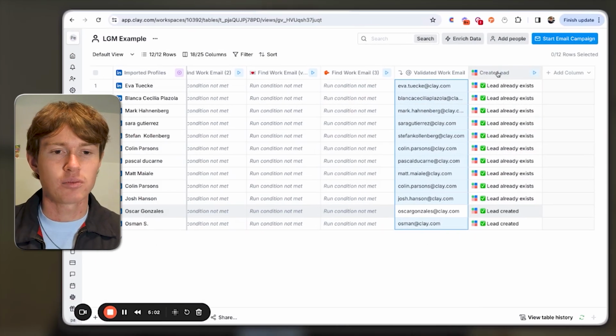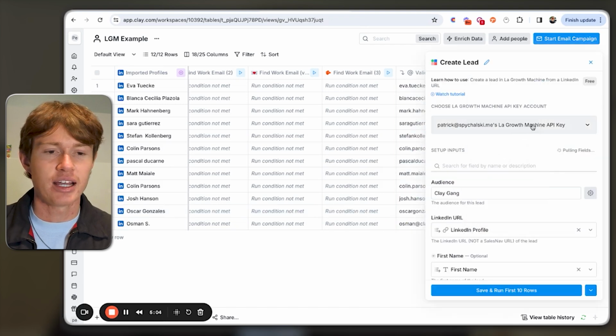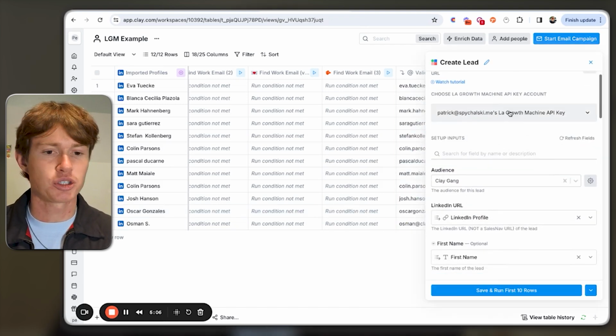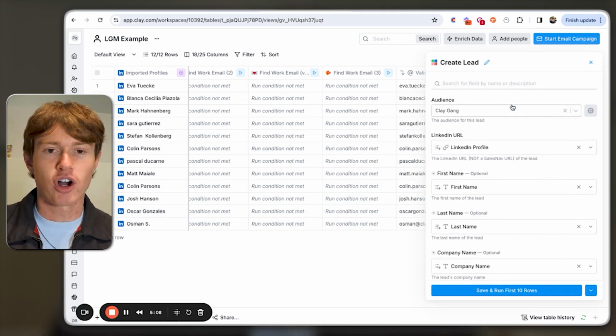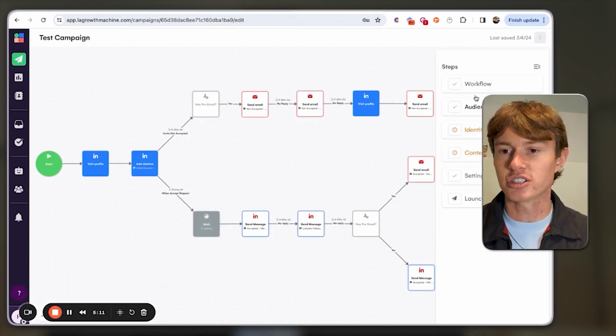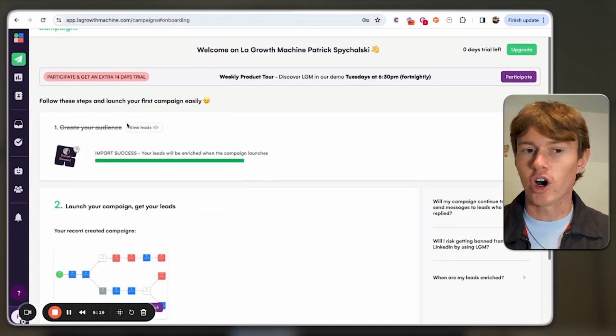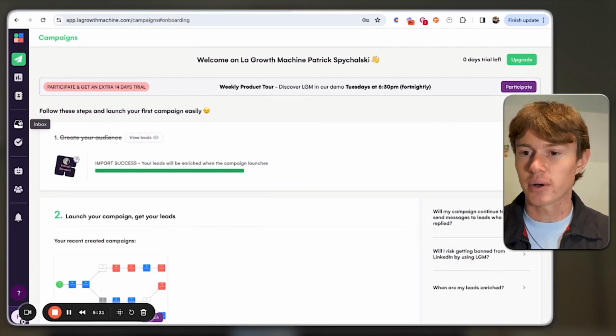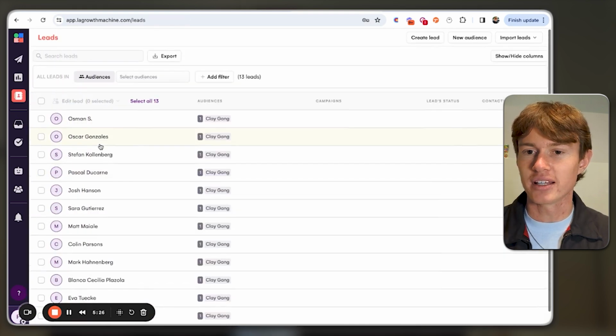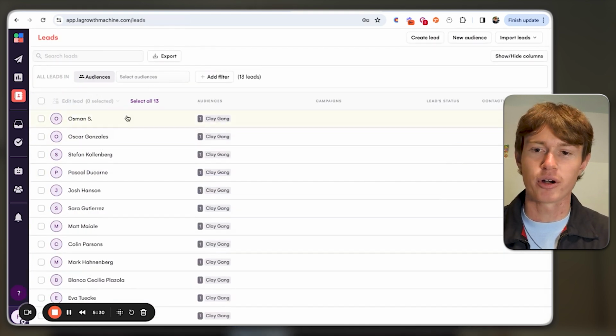So back to Clay. Once we create this integration, all we have to do is connect our Growth Machine API key, which is quite simple to do. And from there, we have to create an audience. So you can see here, I've created an audience within Log Growth Machine. If you go to home, all you have to do is create an audience. So in this case, all I did was go to a lead section, create an audience, and imported one example